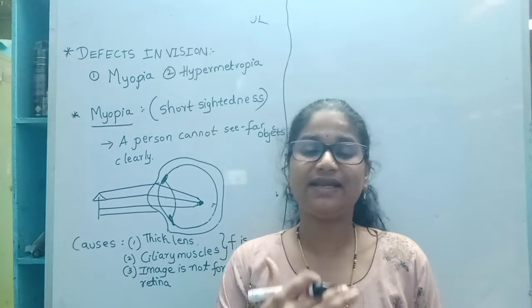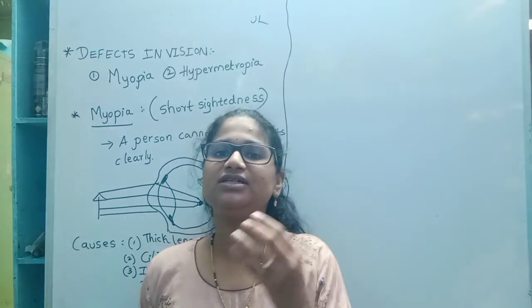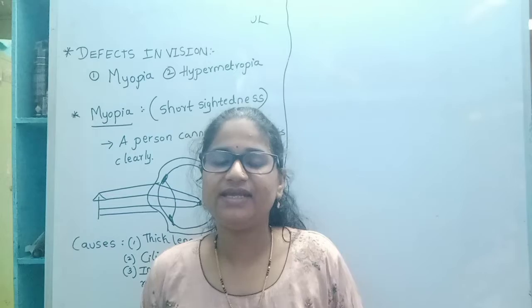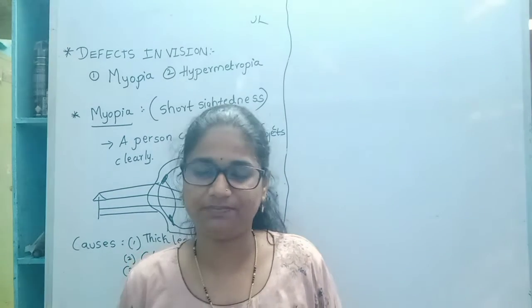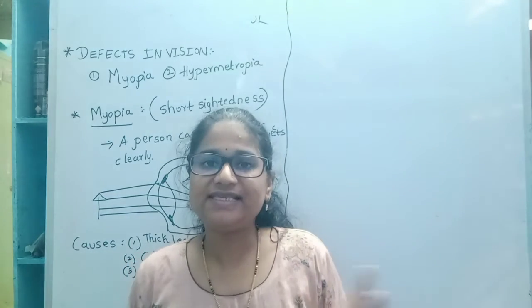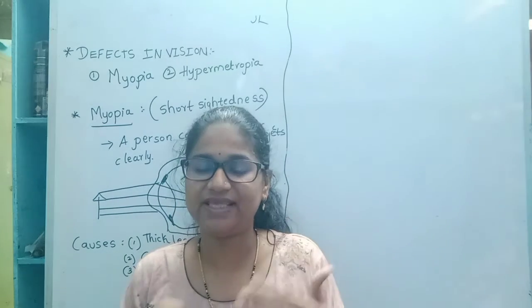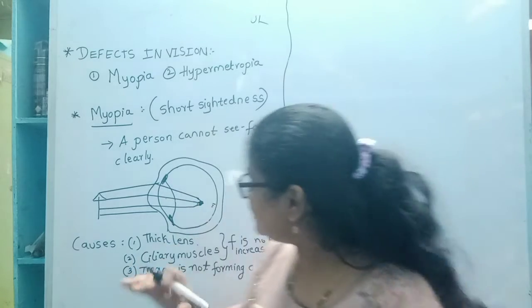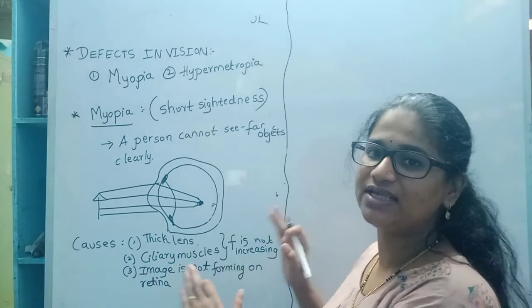How can it be corrected? We know that many of us have spectacles at a very young age. Why? It is due to the usage of screens, mobile or computer. These defects are major, but they can be corrected using lenses. As the image is not forming on the retina and the focal length is not increasing,